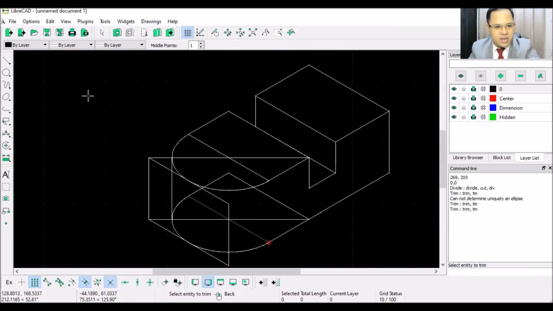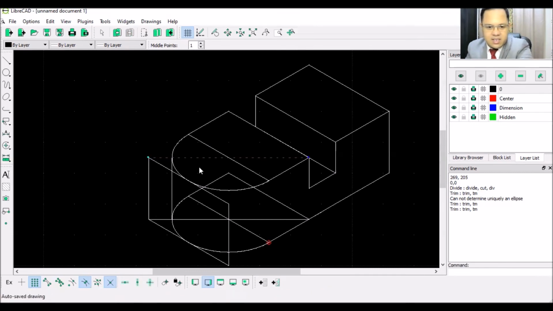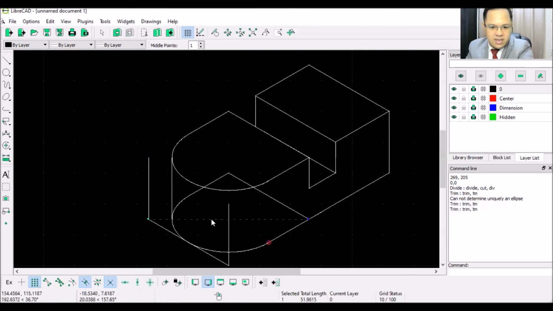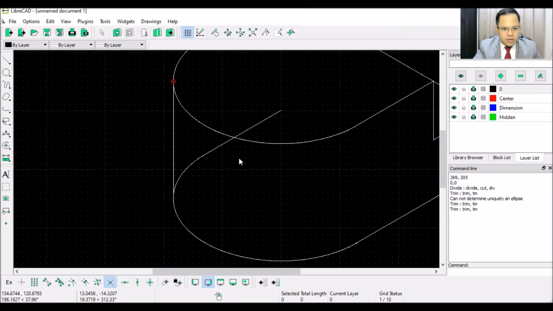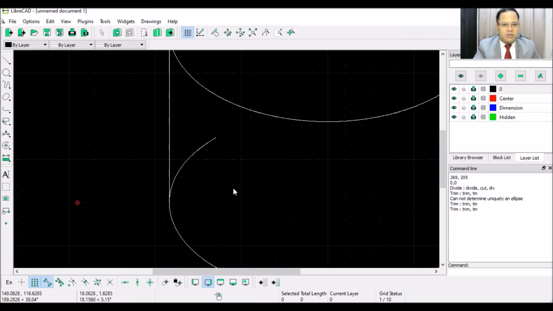Okay, so press Escape, please. Therefore, we can remove the trim tool. Okay, select the excess lines here, then delete. Select the excess lines, then you can press delete. Now, to be able to remove the line there, all you need to do is to select here, then you can delete it. Okay, now to be able to delete this line, all you need to do is to select